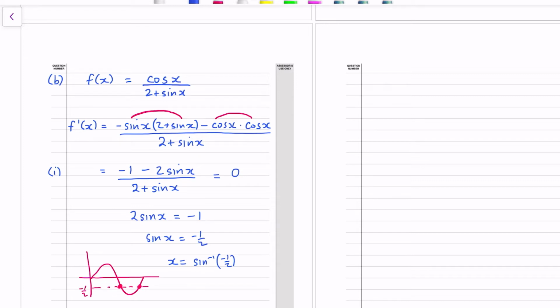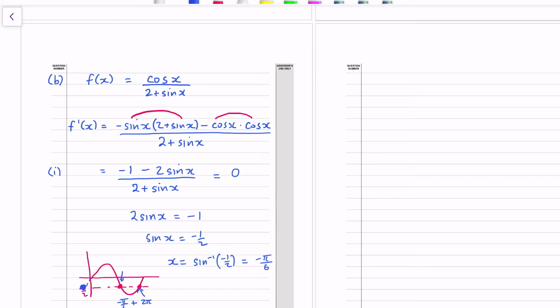So what it's doing there, that is minus pi over 6 on the calculator, it's giving the solution there. So to find the other two solutions, this one here will be 2 pi plus minus pi over 6 plus 2 pi, because it's a whole period later, and then the solution in here